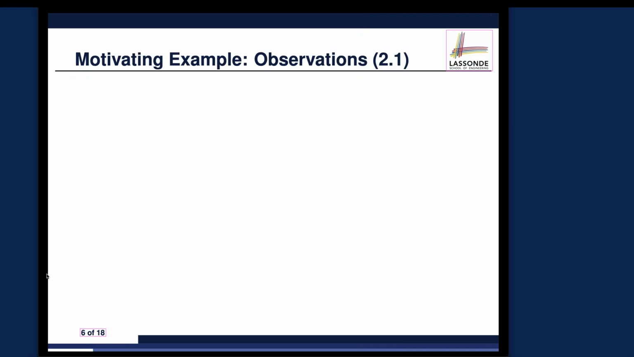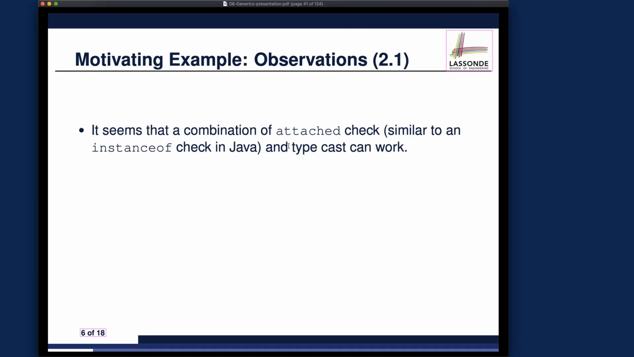Okay, so now everything seems to work if we try to use the attached check, just like the instance of check in Java. And also we try to use the typecasting syntax. Everything seems to work. However, do you see any potential problem? Let me give you hints. We talk about the storage is the big plus for this particular design for the general book. But what about retrieval? When you want to retrieve something from the book, especially the get query that we just